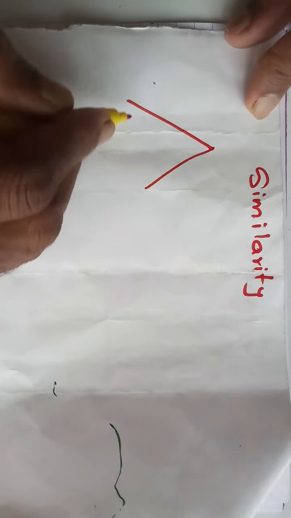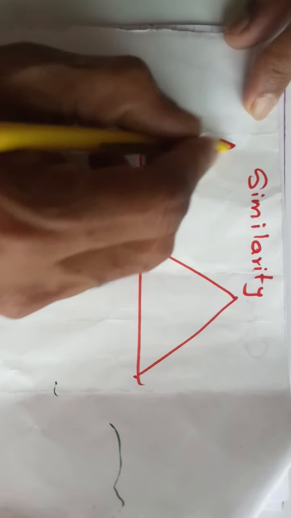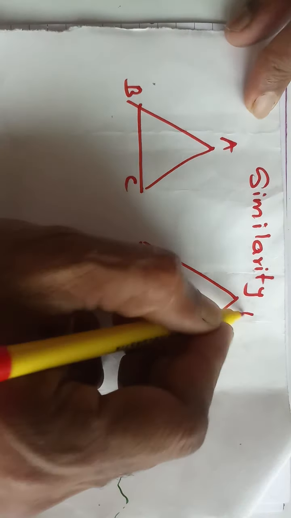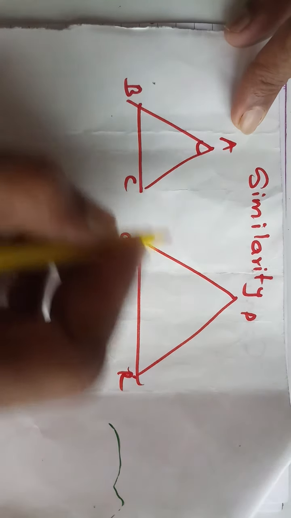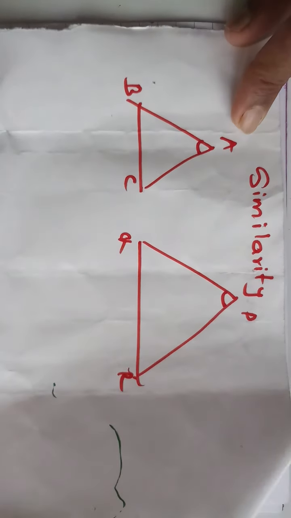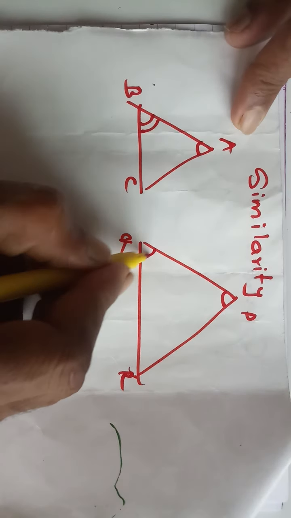We already studied the concept of similarity in standard 9. Now let's see some basic things. What is similarity? In two triangles ABC and triangle PQR, if angle A is congruent to angle P, angle B is congruent to angle Q, and